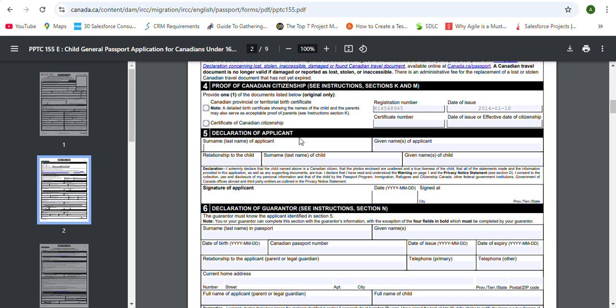Declaration of applicant. The details of the parent who is filling up this form will come up in this section. So as we are assuming that the mother is filling up this form, we are going to enter the mother's details. So it was Mouse, Minnie, relationship to the child is mother. Surname of the child is Mouse and given name is Cute. Over here, the applicant will sign, basically the mother will sign in this section along with the date, city